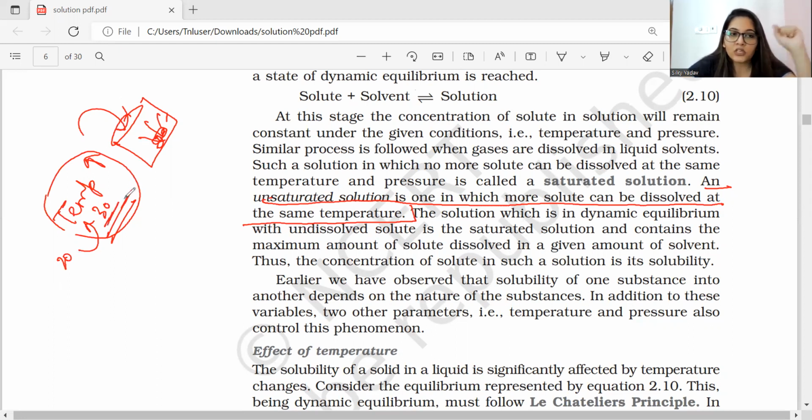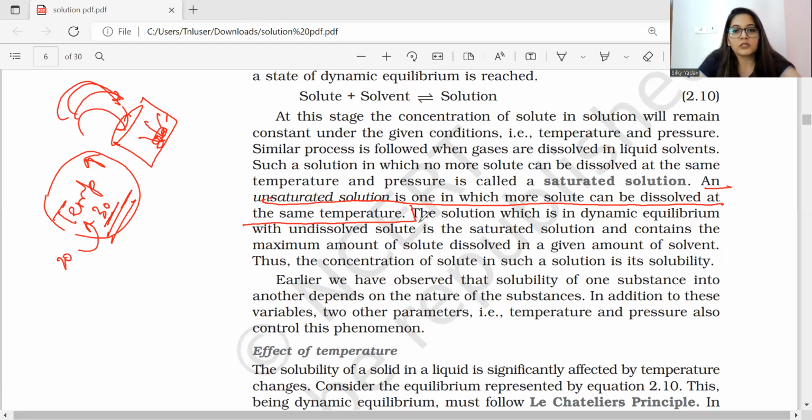Okay. And you're now keeping this 30-degree temperature constant and you're now trying to put more sugar into this. And if it gets dissolved in this, now listen to my words very, very carefully. If you can dissolve that more sugar into that water at this particular temperature, at the same temperature, we will be calling it an unsaturated solution, because you're adding more sugar to this, and that is easily getting dissolved in